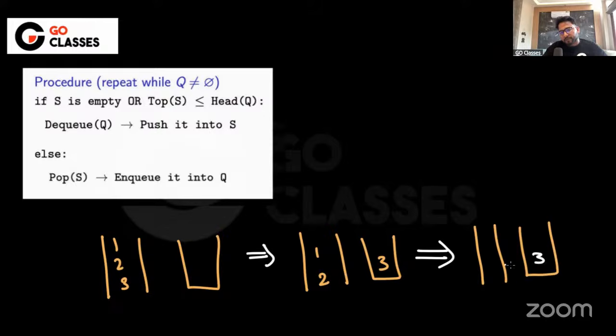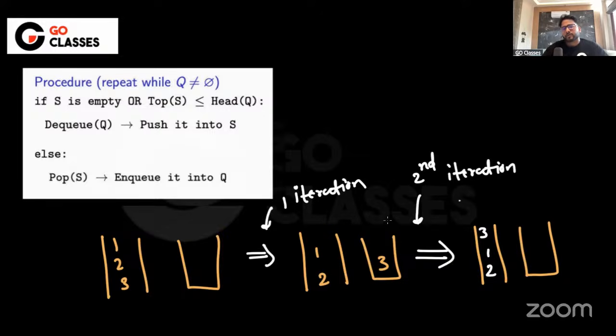Now it is anyway having 3. And then if this element is greater, based on the algorithm, they are saying that the stack should not be having the greater element. If this element is greater, then you just pop it and then push it to the queue. So you push it to the queue, so it will be empty anyway. Right. So this is one iteration. This is the second iteration. So 3 2 1 is the answer. The queue will be having 3 2 1. And the stack is ultimately, in this particular case, empty.